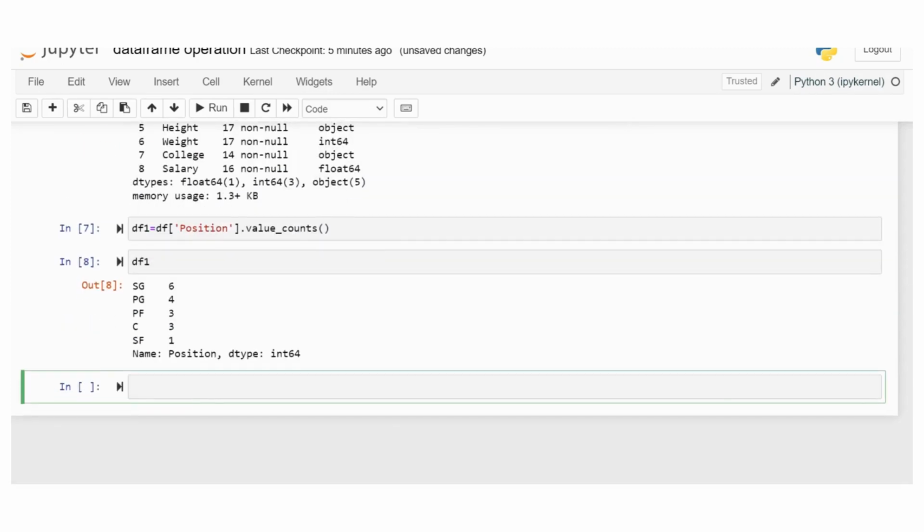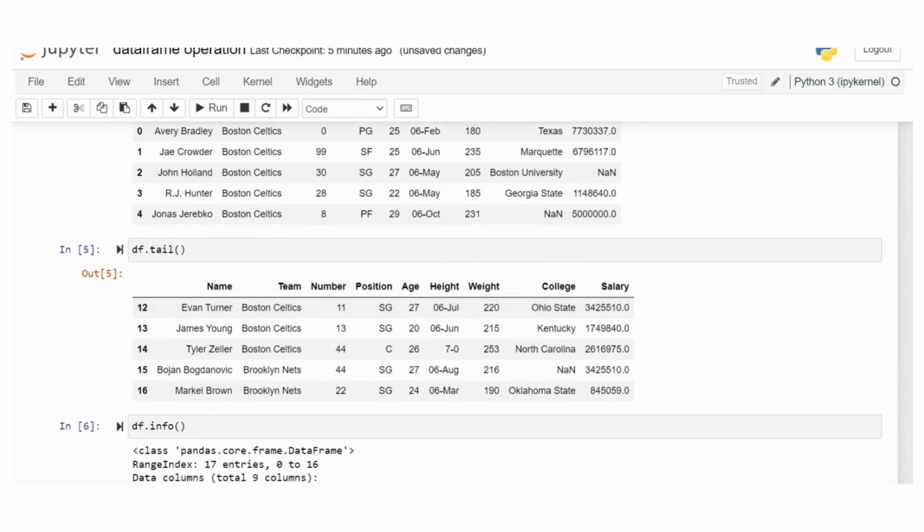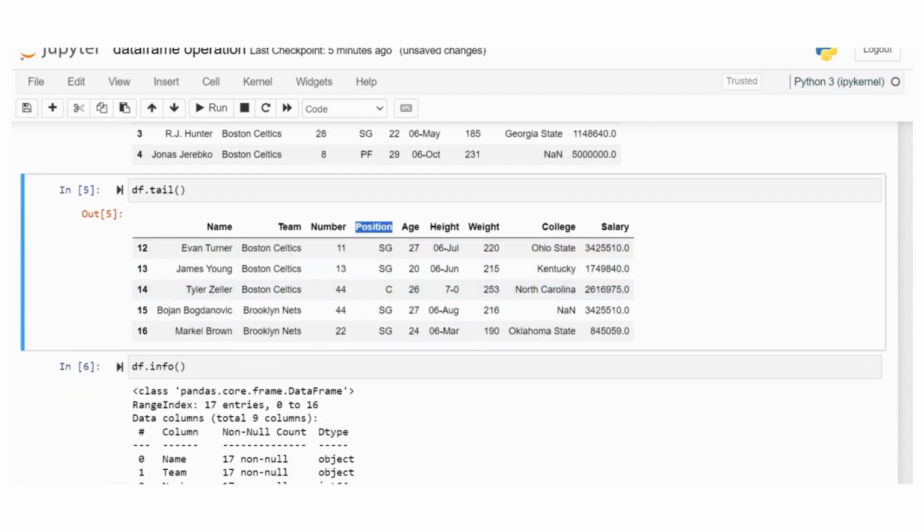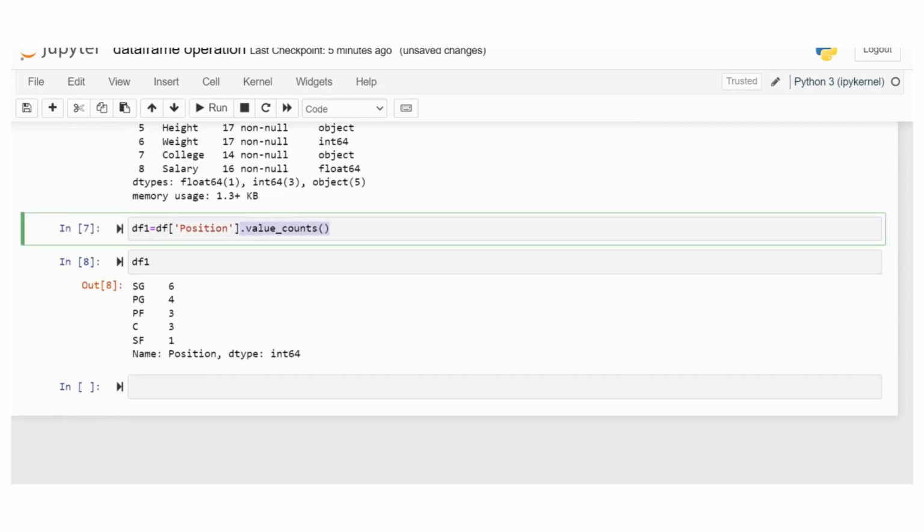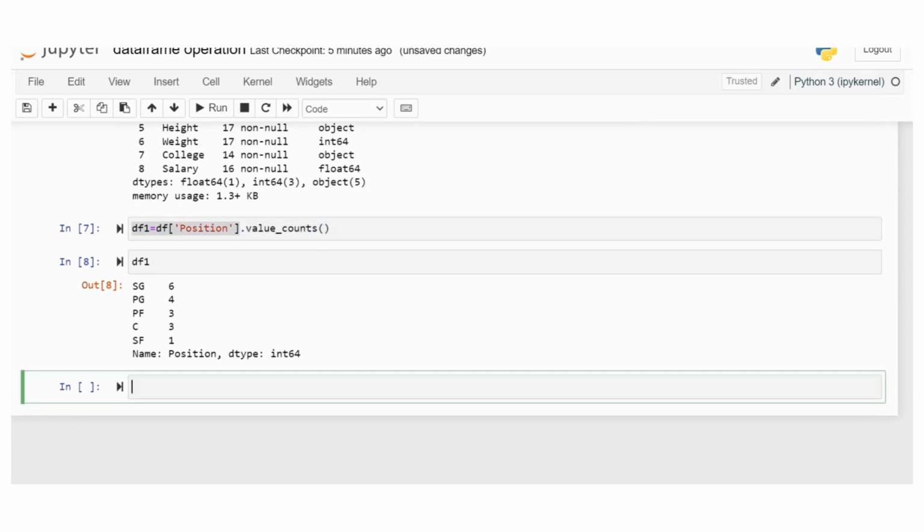And next is how to calculate the unique values in a given column. I want to calculate the unique values in the position column.